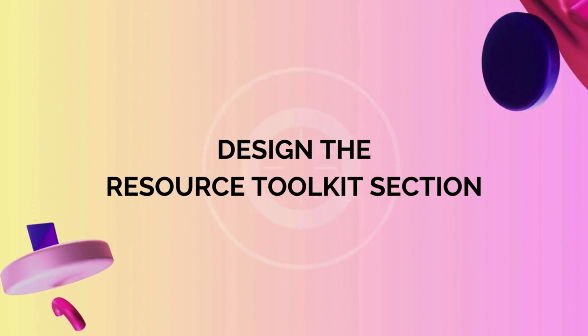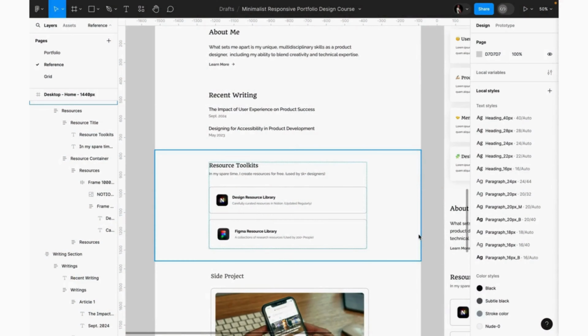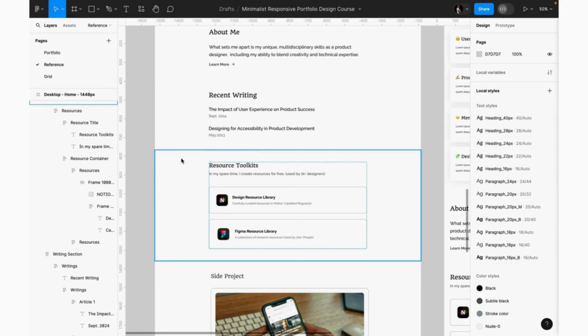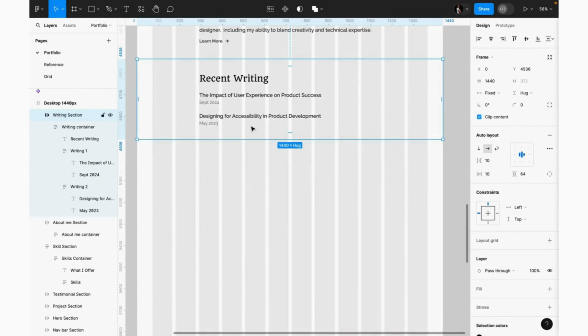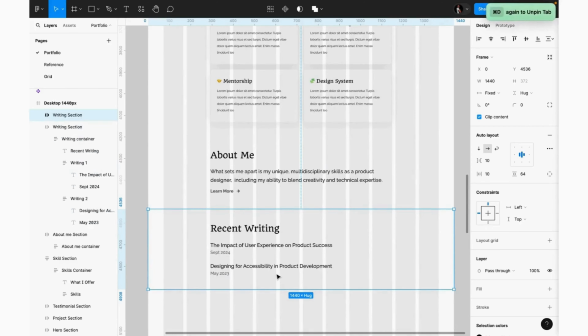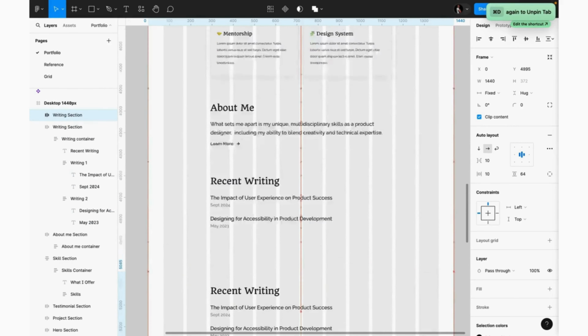Welcome again, guys. In this lesson, we'll build the resource toolkit section. And so we can reuse the heading here and the text here for this section. So let's go. So right here, I'm going to duplicate this page, Control D,